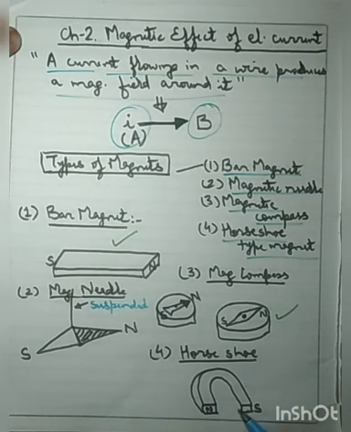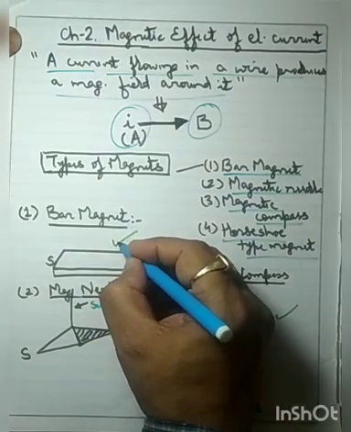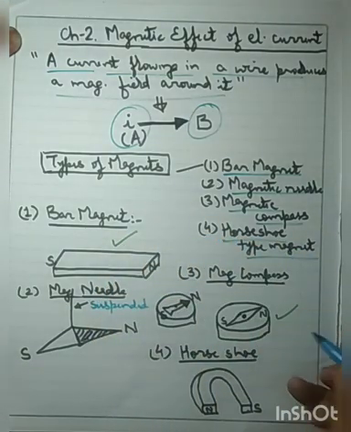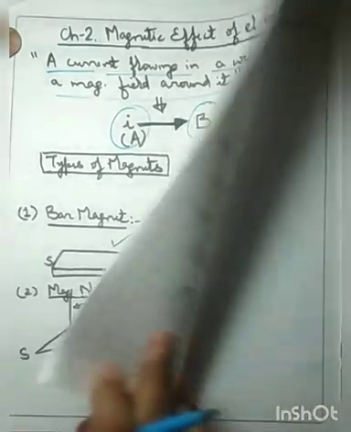And the last one is horseshoe type magnet. It is in the shape of a horseshoe, means U-shaped. One end is north pole, other end is south pole. And in our physics lab we are using bar magnet and magnetic compass. So you must understand